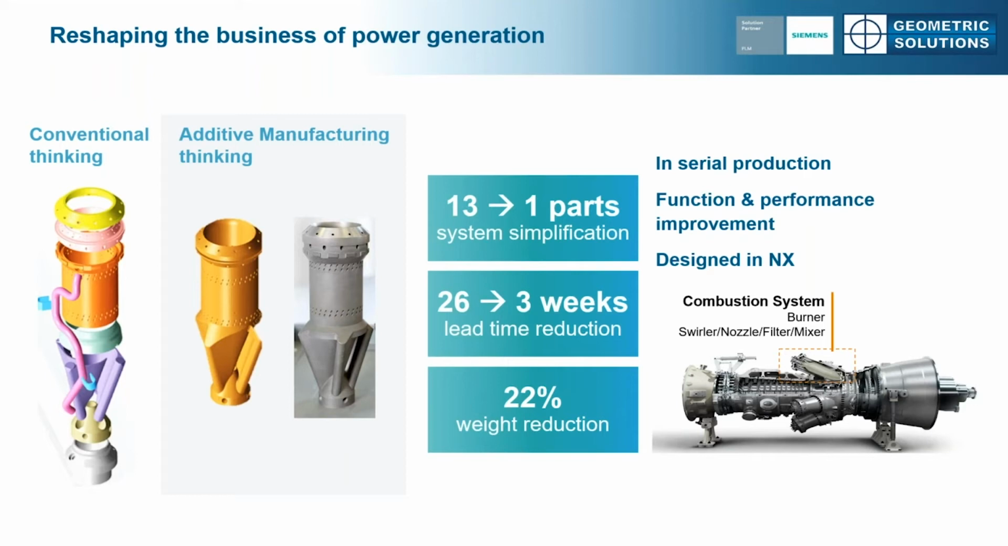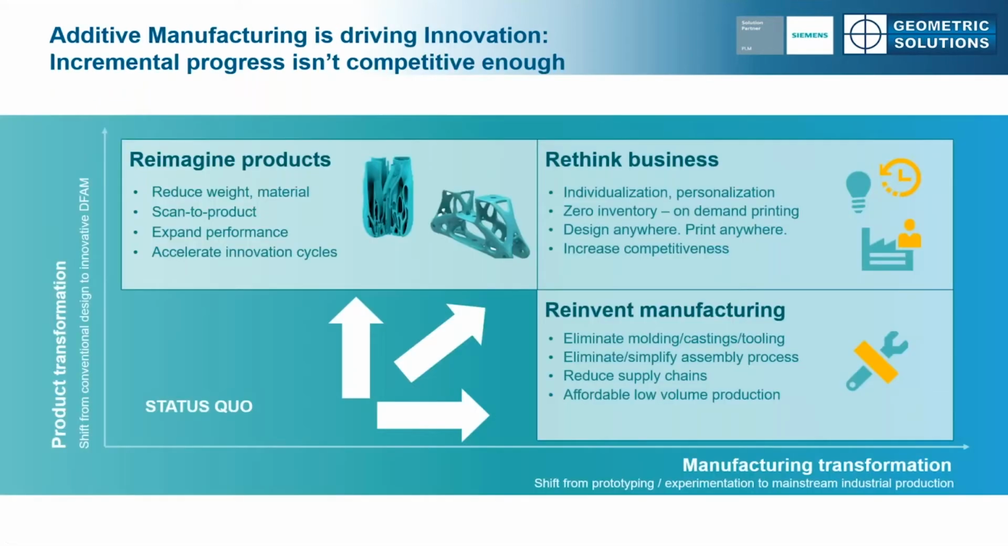Just think about the example that you're seeing on your screen right now for this combustion system. 13 pieces to 1. With 13 pieces, there's at least 13 opportunities for error. Or imagine just being able to get your product out that much faster, 26 to 3, and to make it lighter. It's because of rethinking the process with additive manufacturing. We've really learned a lot. We've learned that when you can shift your thinking from conventional to more of a DFAM, that's design for additive manufacturing,